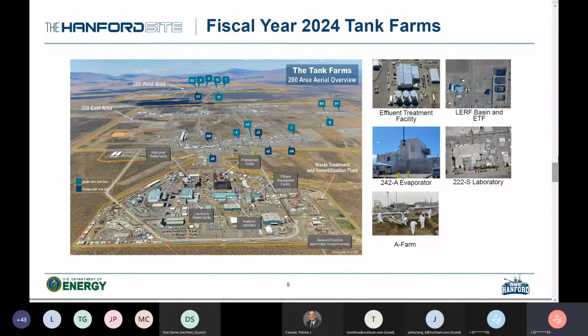In 2024, just to give you perspective, as I mentioned, we'll have AX farm done. And you can see AX farm up there in the middle of the picture above the WTP part in the east area. A farm is right next to it. We'll be getting the first A farm retrieval in A101. This will be the third farm that we are beginning retrieving of,